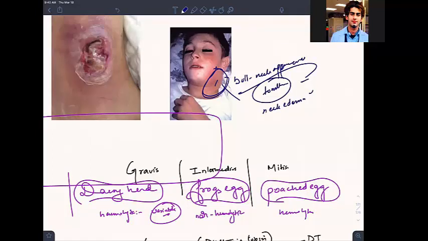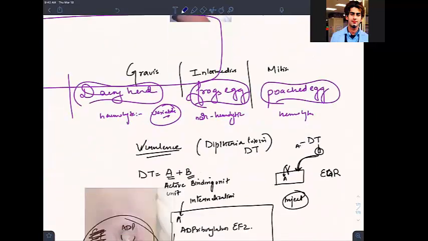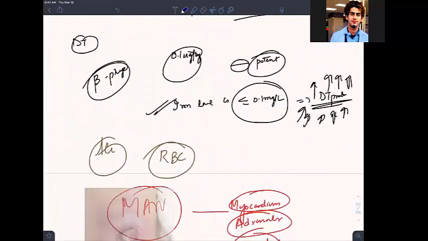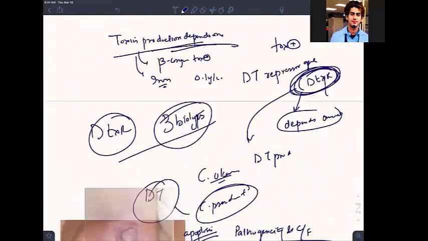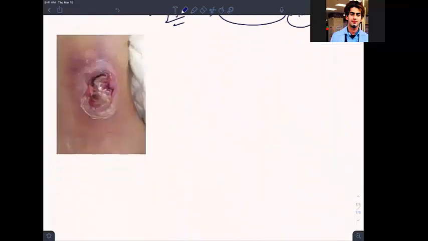Okay. Now, I said respiratory diphtheria is the most common form of diphtheria, and that too the faucial diphtheria, where you have tonsil and pharynx involvement followed by the nose and larynx. But sometimes there will be cutaneous involvement also, the cutaneous diphtheria. Let us show you the cutaneous diphtheria. Can you see the ulcer? This is a punched out ulcer, isn't it?